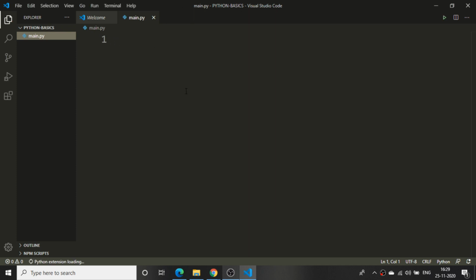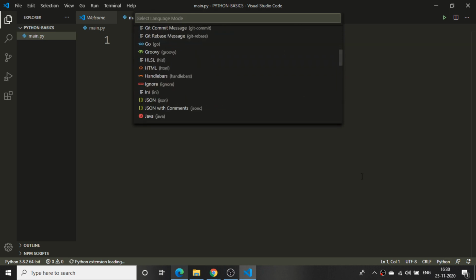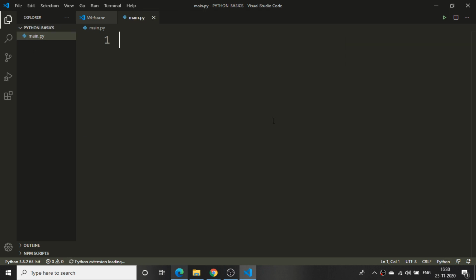Okay, I can zoom in and zoom out over here. A little bit I will zoom it down. Now I have configured a main.py file. You can see our Visual Studio Code is so smart that it automatically loads the Python extensions. You can see Python extensions loading, and it has taken this particular file as Python. How has it understood? It just looks at the last dot of the extension and automatically loads the Python stuff.